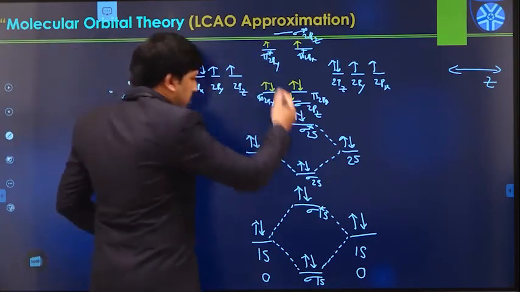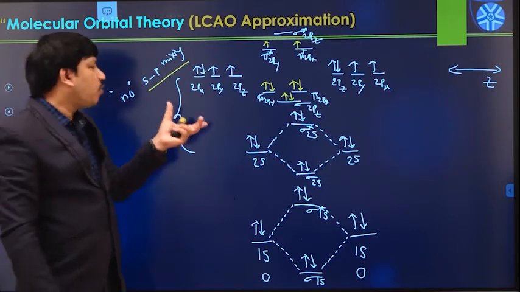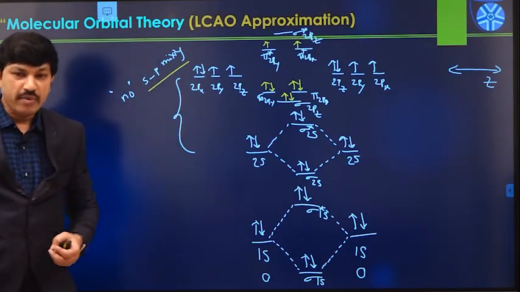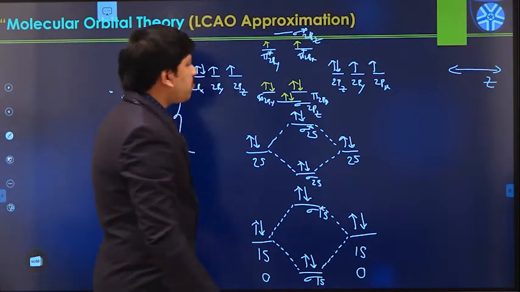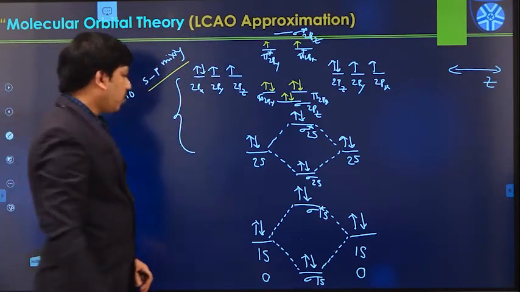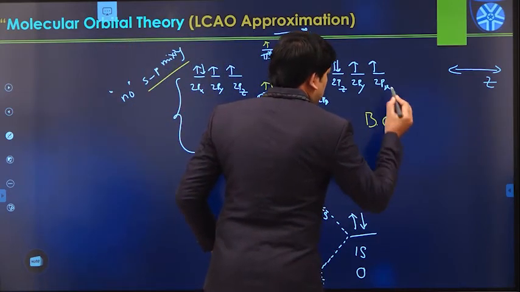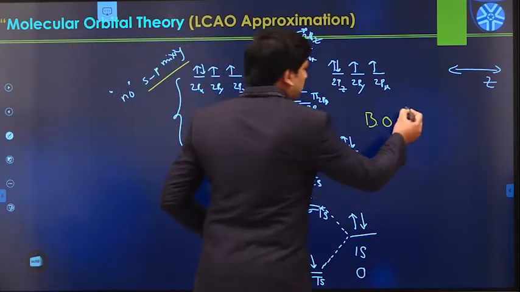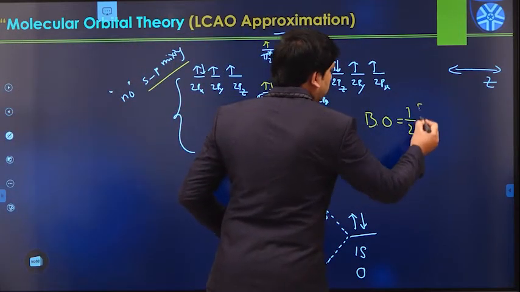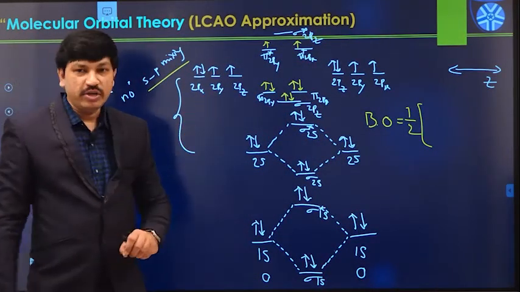Okay, now let us calculate the bond strength of the O2 molecule, and whether the O2 molecule is paramagnetic or diamagnetic in nature. We will see all those details. First we will calculate the bond order value. What is the bond order formula? Bond order is equal to half into the number of electrons available in bonding orbitals